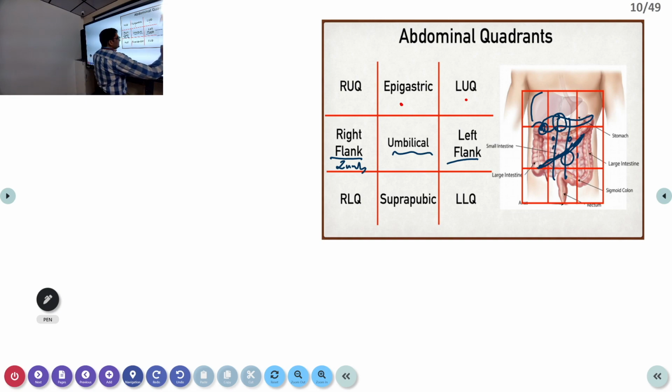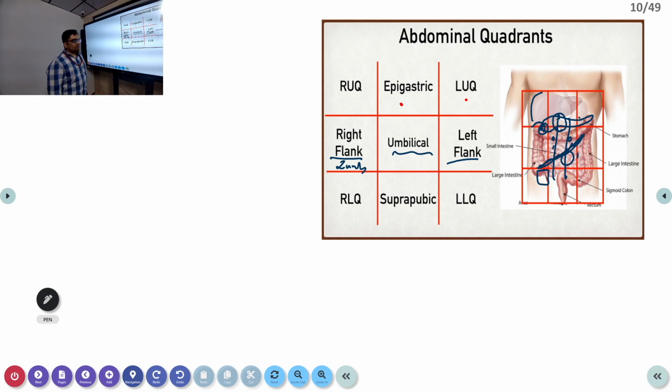Then here is the appendix. This is the main important thing for your exams. They rarely keep abdominal cases, but if they do, right iliac fossa mass and right iliac fossa symptoms will be the first thing they keep. If they want to keep more cases, they may keep epigastric mass, usually a pseudocyst, because you can't keep any acute abdominal cases. Or sometimes they may keep a cyst arising from the mesentery, but that is rare.